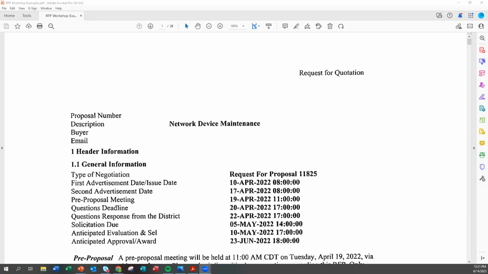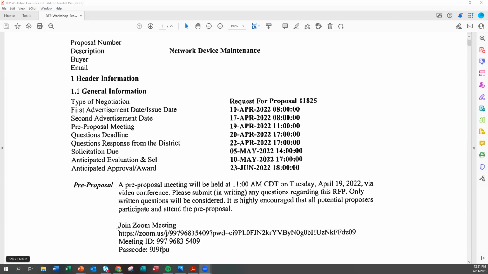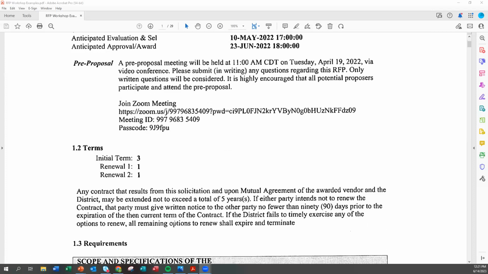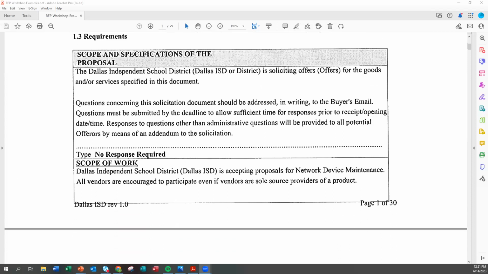Now, we've talked about the deadline dates, okay? So this one was last year. We've talked about how to identify the deadline dates. We've talked about how when you submit a question, it must be in writing and you have to abide by what's in the RFP. So if we slide down here, it says here